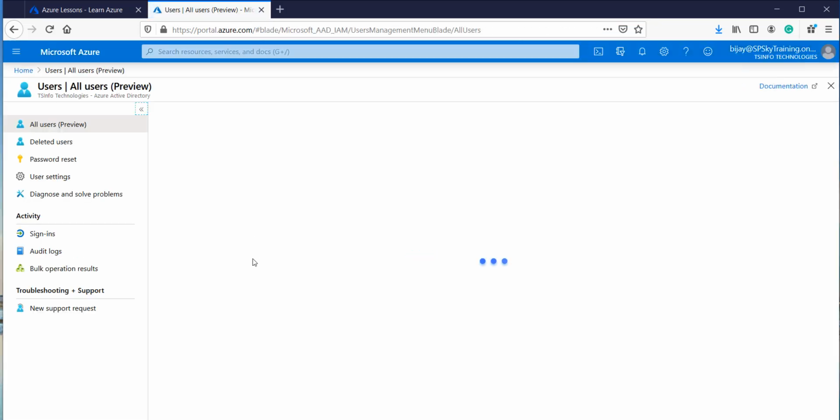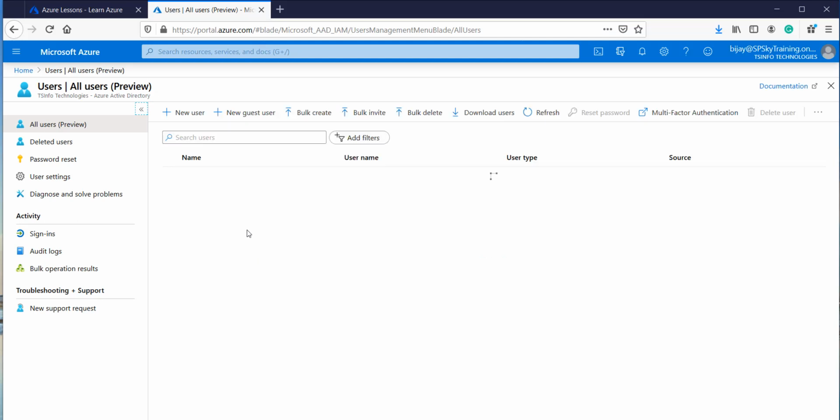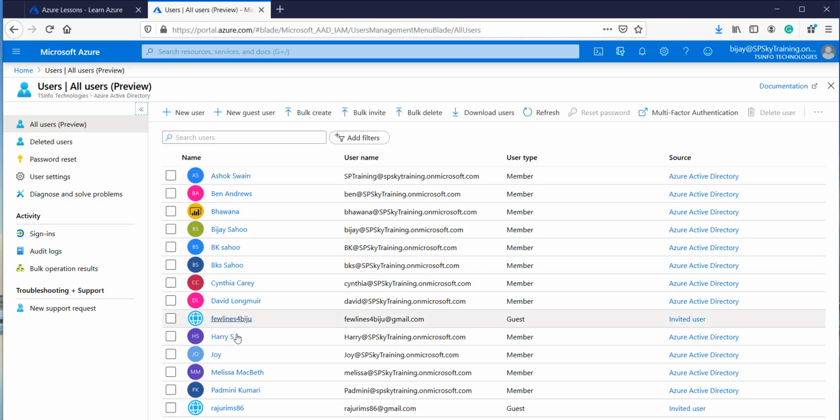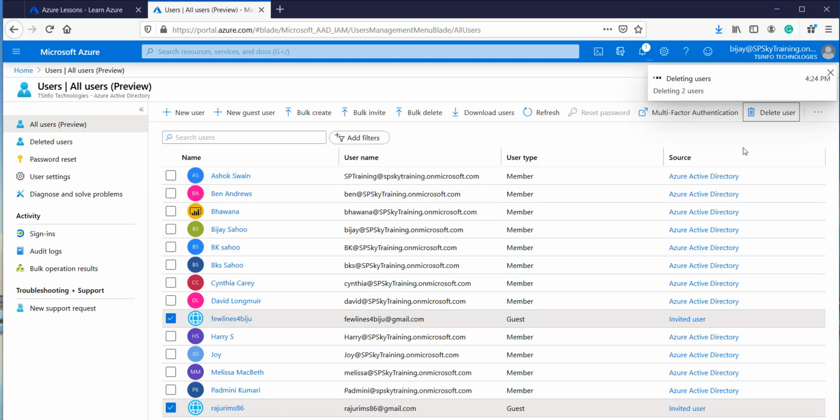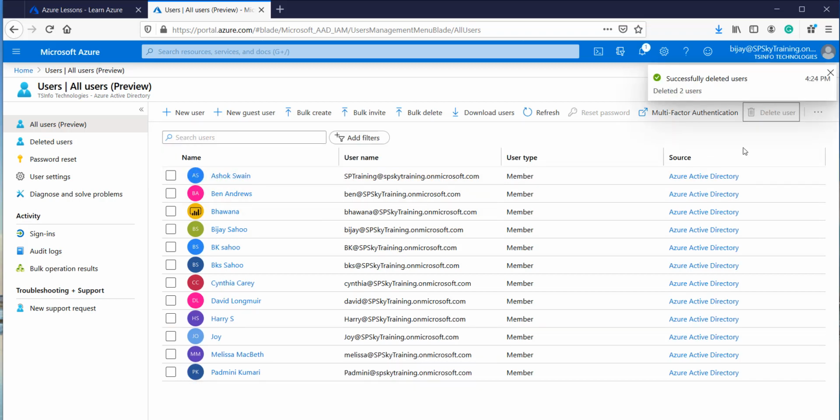See, both the users should be added now. So you can see here it is. You can see here this is one user and the last one user. These two users have been added. You can see here. So let me delete also, and now we will see how we can work with PowerShell,